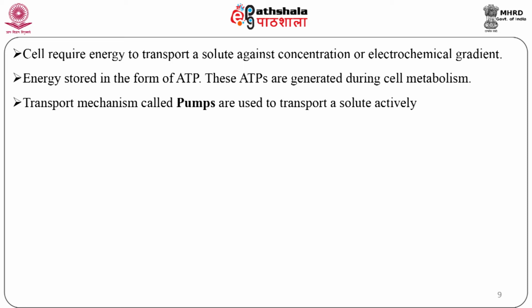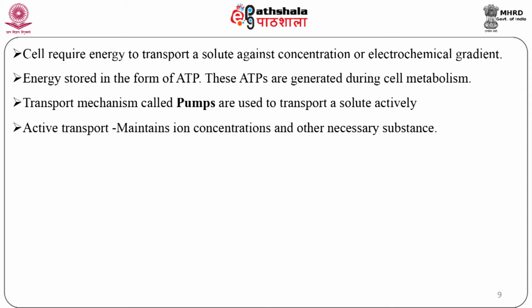Small substances are constantly passing through plasma membrane. It keeps on fluctuating the electrochemical gradient of a cell. There is a special active transport mechanism followed by a cell to carry out active transport process, which is also known as pumps. Pumps work against the electrochemical gradient. Active transport maintains concentration of ions and other substances needed by living cells in response to these passive movements.